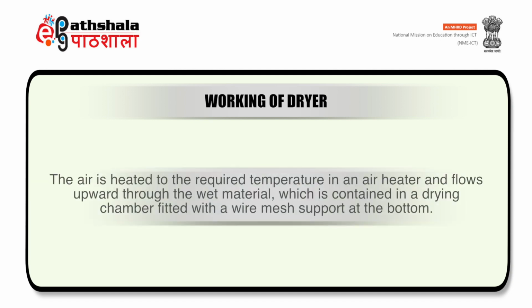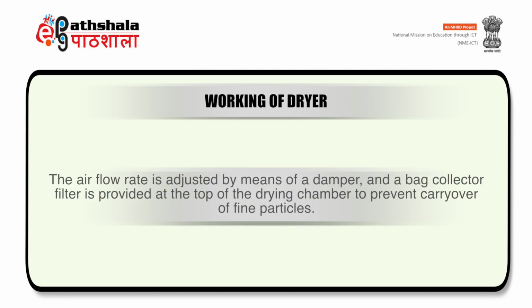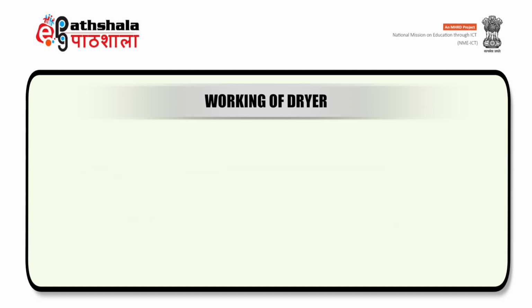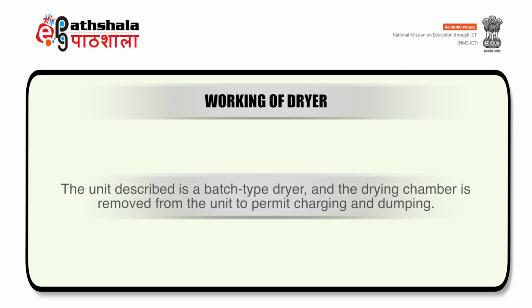The air is heated to the required temperature in an air heater and flows upward through the wet material, which is contained in a drying chamber fitted with a wire mesh support at the bottom. The airflow rate is adjusted by means of a damper and a bag collector filter is provided at the top of the drying chamber to prevent carryover of the fine particles. The unit described is a batch type dryer and the drying chamber is removed from the unit to permit charging